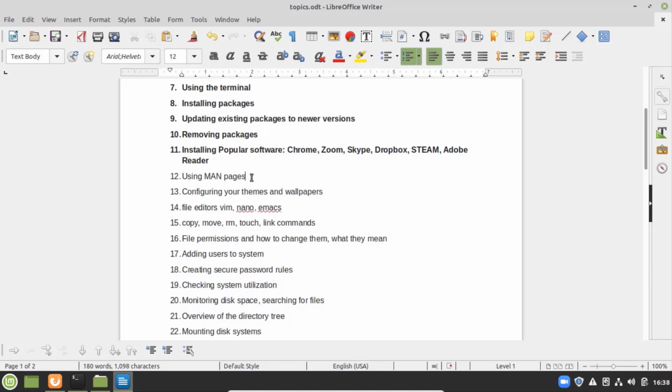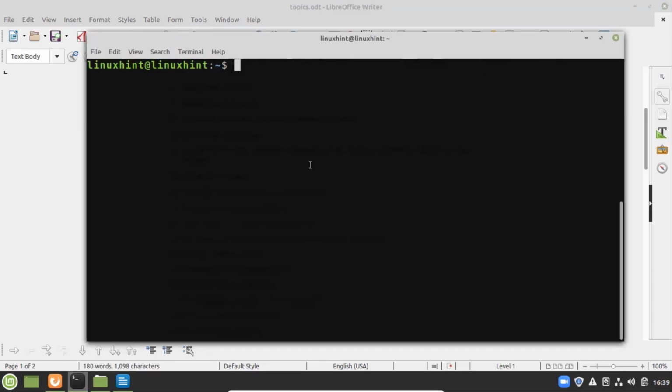Alright, now let's move on to the next topic, that is using the man pages on Linux Mint. So in this topic we will see what man pages are and how we can use them. Man is the built-in help system in Linux and it is the short form of the manual. Simply we can call the man page a documentation of any package or any command that is available on the Linux Mint. So to see the man pages, go to the terminal,